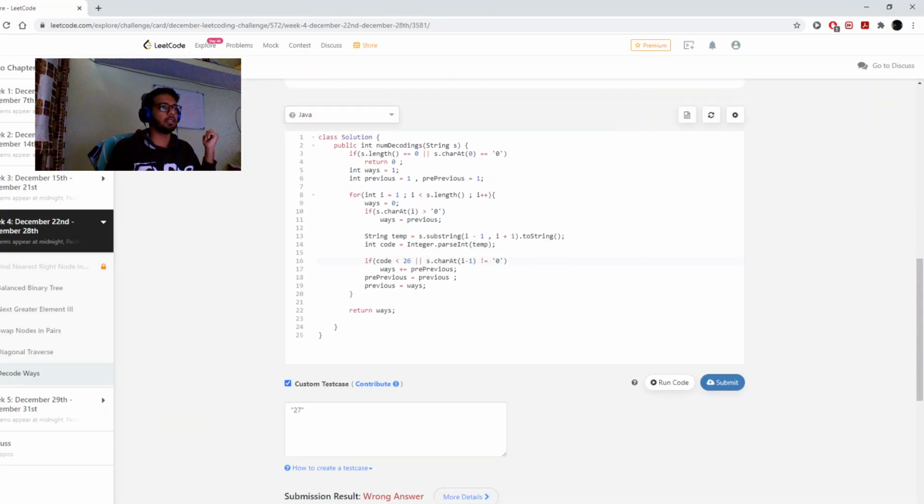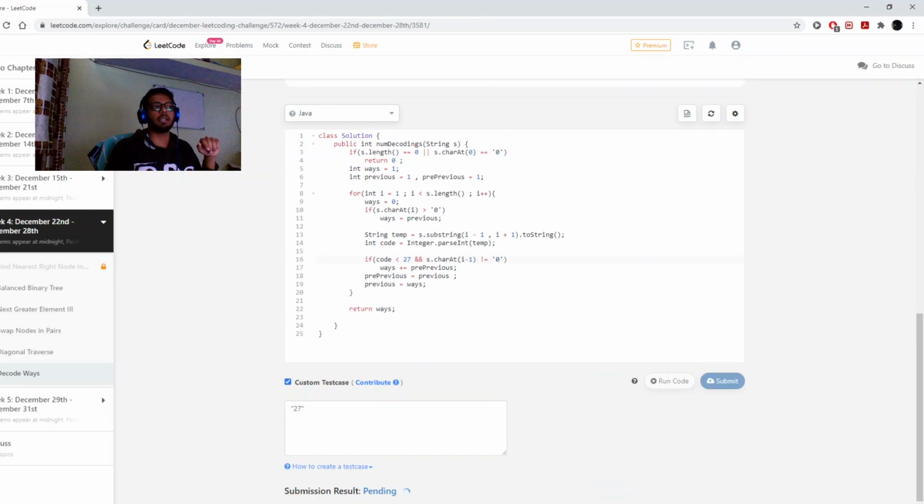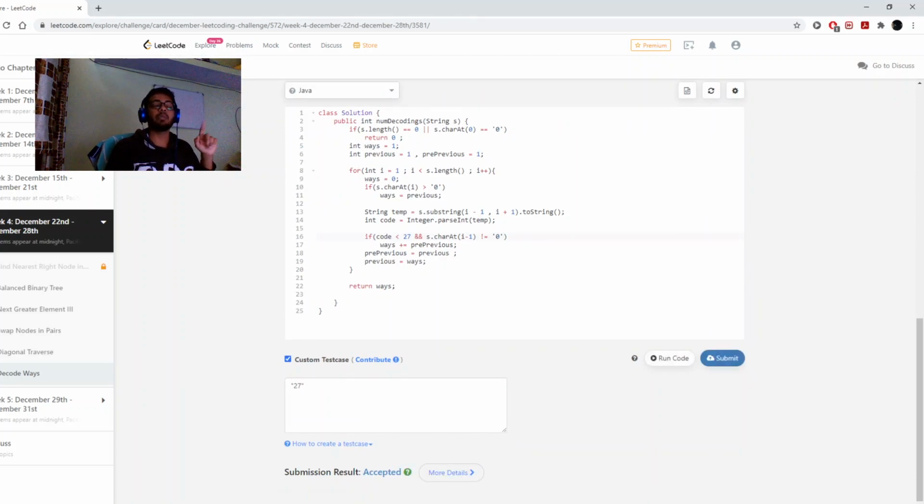Okay, my base case is zeros, it becomes equal to previous, and if it is not 0, okay, I convert it to the string, and there is 24. If my code is, oh, I'm so sorry, I have to use and here, and it should be 27. I'm so sorry. Now it would work fine. Both the conditions should be met, not just one, that it should be less than 27, sorry, and it should not have a leading 0.